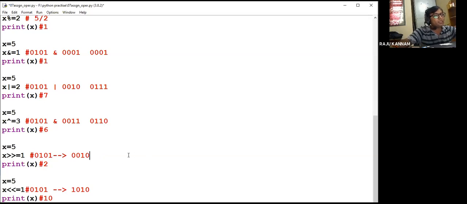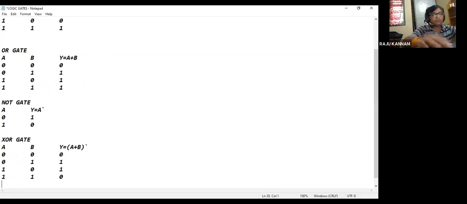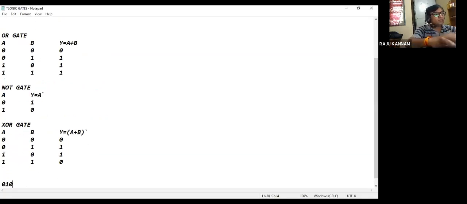Right. So now if you want to understand clearly, I'll explain in the notepad. So that is 0, 1, 0, 1. Now after shifting, what happens? First this position bit gets lost.